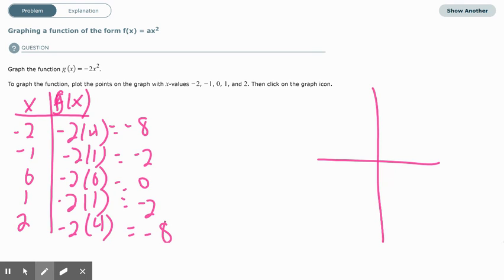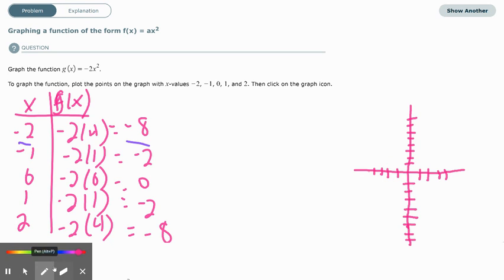We've got -2 and -8. Okay, so we're going to take our ordered pair -2, -8, and graph that. So again, 0, go left 2, down 8, put a point. Then we've got to go -1, -2, and we already know by the negative it should open down. -1, -2, 0, 0, and then 1, -2,